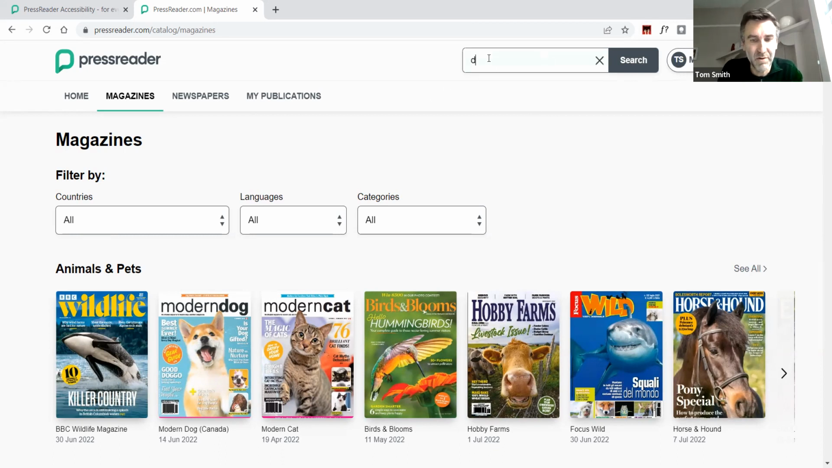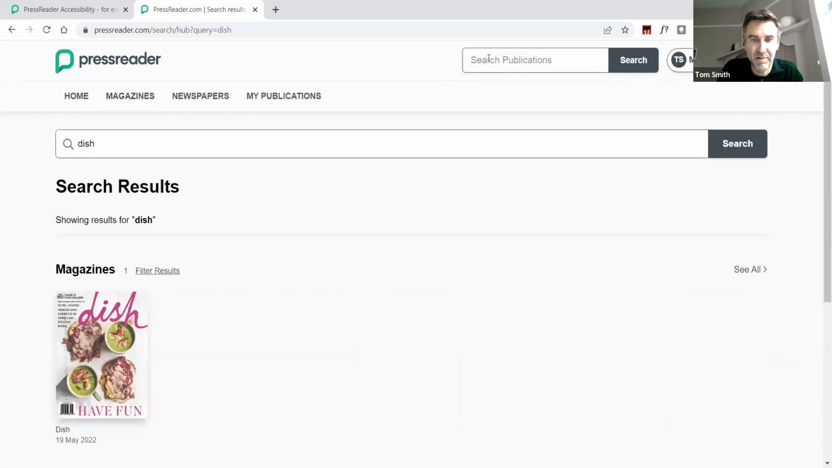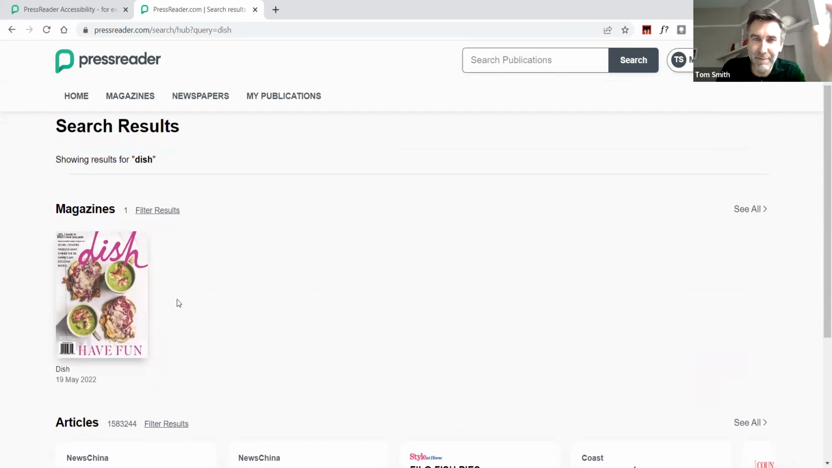Right, I'm actually going to search for the magazine. And this is quite a common thing, that when you're magnifying you get a lot of white space everywhere, which is good visually. I think I have a bit of a design mentality as well, but it's quite hard to,